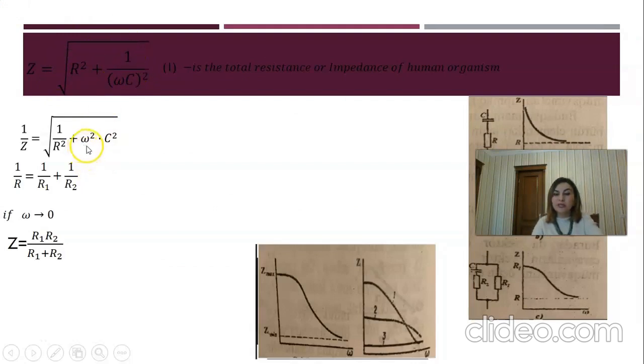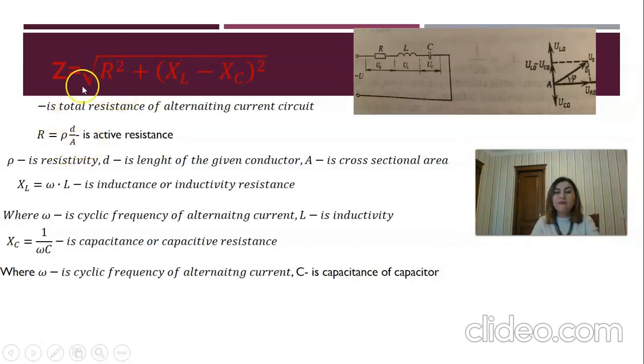From the presented resistances, we have only two, active and capacitive. And why is it active resistance or ohmic resistance? Because all parts of our organism have resistivity, area section, length. It can be muscles, soft tissues, all parts of our body which comprise this active resistance. But what about capacitive resistance? If you remember from our previous lesson, from our last lecture, it is also